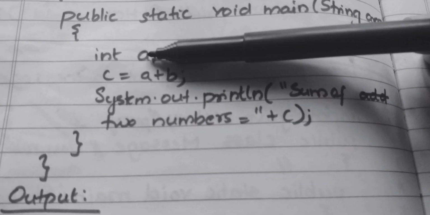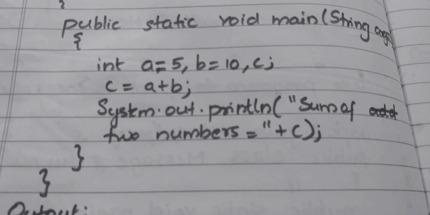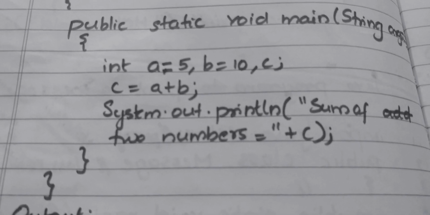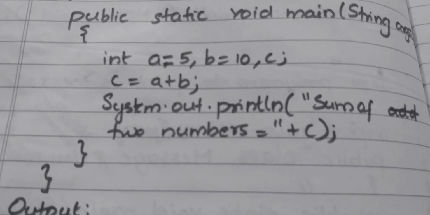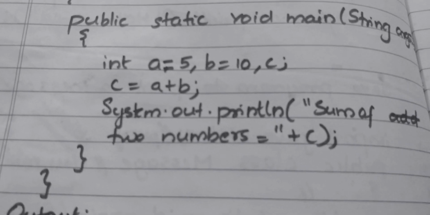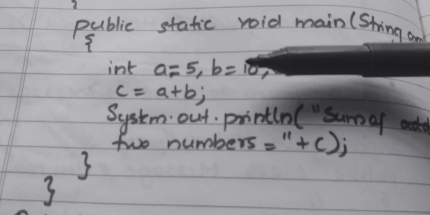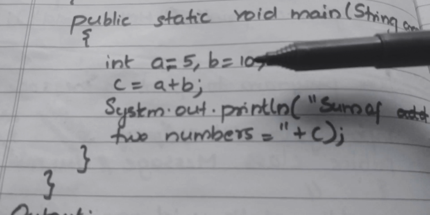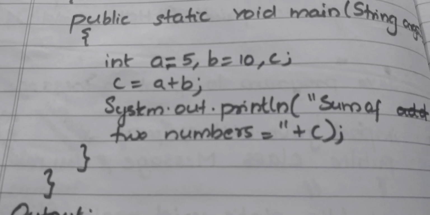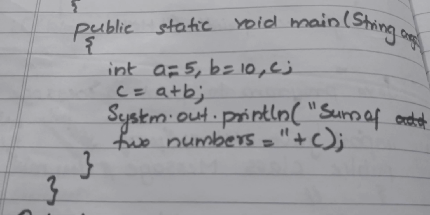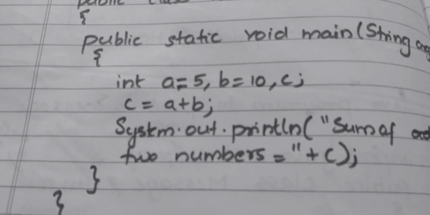You can give first number equal to 5, second like that also. You can give your own variable name. If you declare smaller variable names, it becomes more efficient in writing the program. Clear? For that I am giving a, b like that. b = 10. What is the meaning of b = 10? It means the value 10 is assigned to the variable b. Variables are memory locations to hold the data. So now b holds the data 10.